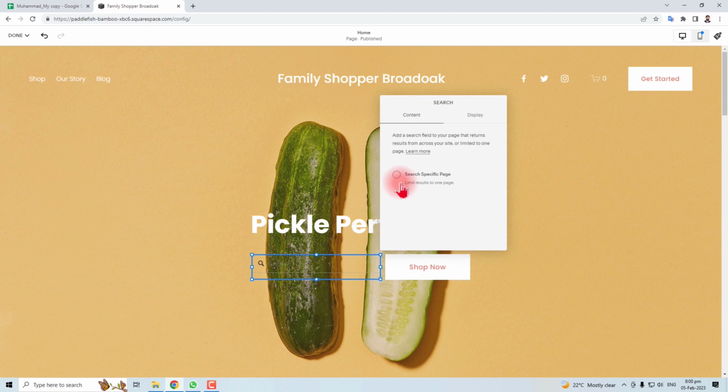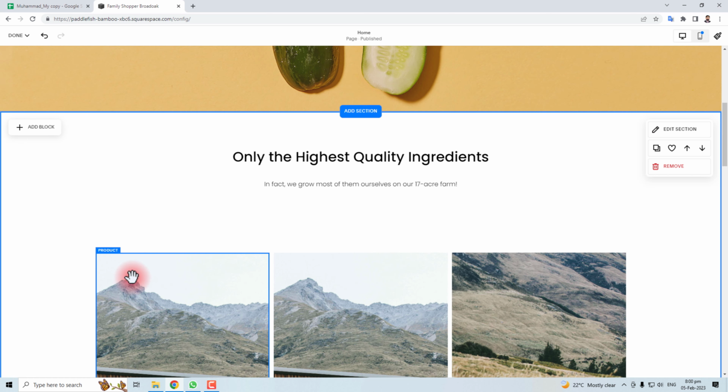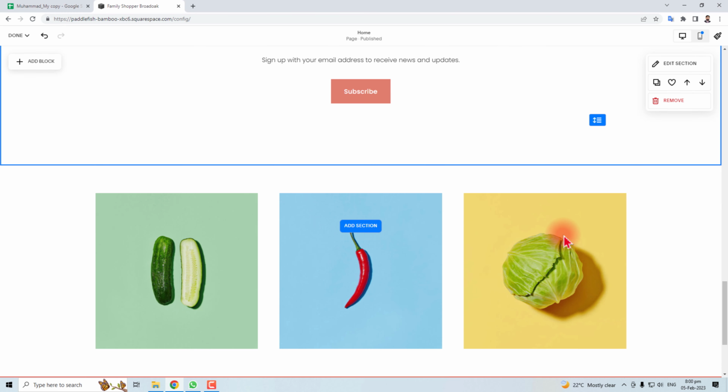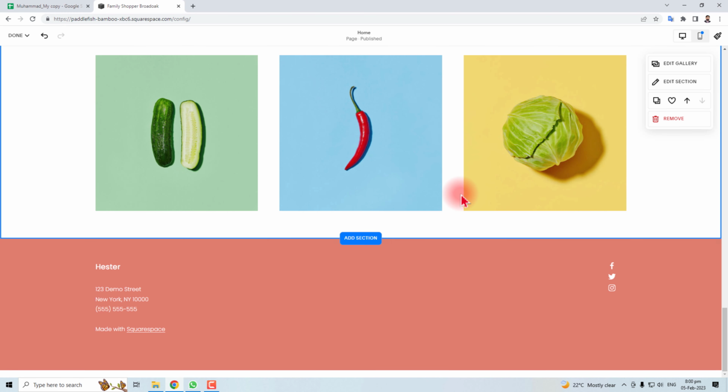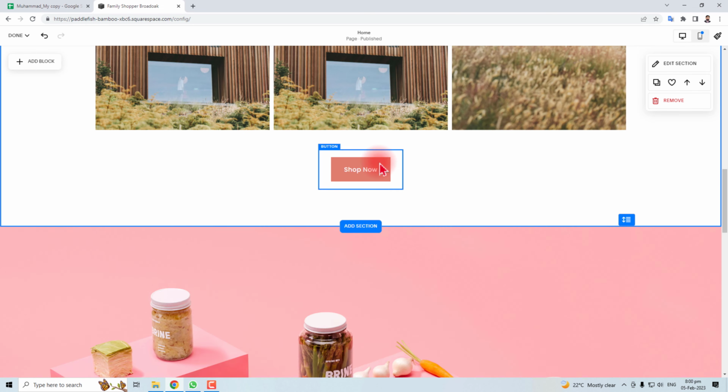Let me edit this block. You can search specific pages, or you can see the dark and light effect of your search. You can select it from here. So this is a way how to add the block at any section. And in the same way, if you want to delete any section, you have to select and remove this section. So this is a way how to add or remove any section, or how to add any section in your